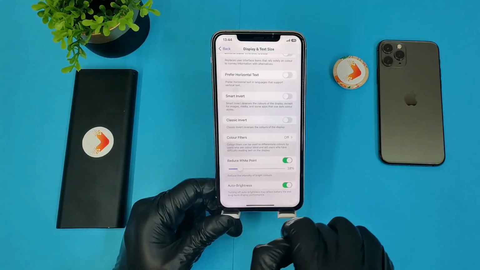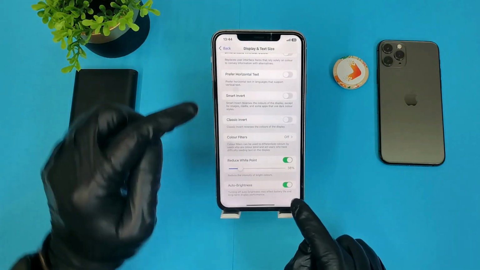So, and it's gonna affect your display brightness, and this is how you change your display white points in the